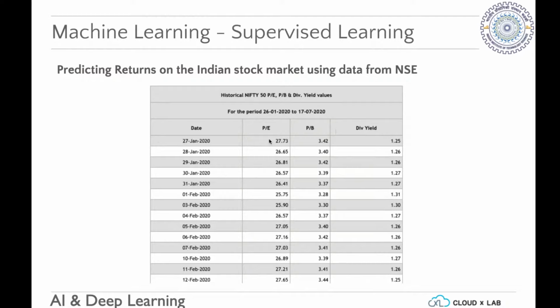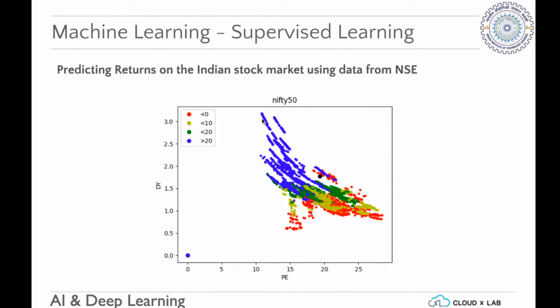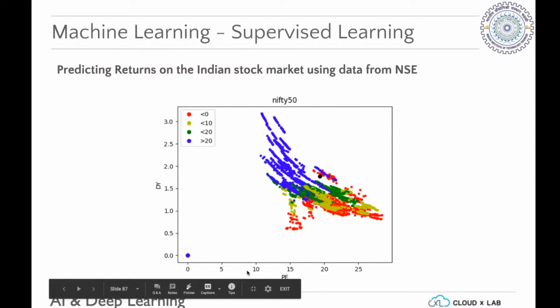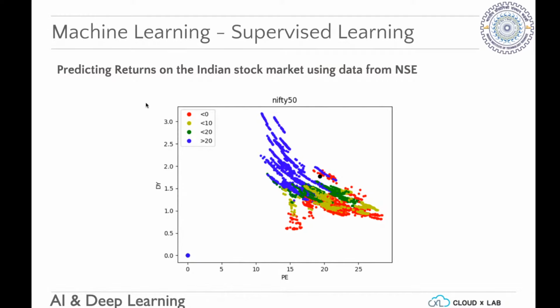I used that data to predict the returns from a stock based on these ratios. These are ratios which indicate the value of the price. This is something I did in my personal time. I had features such as the price to earnings ratio on the x-axis and the dividend yield on the y-axis, and then I plotted the 2-year yield in different colors.